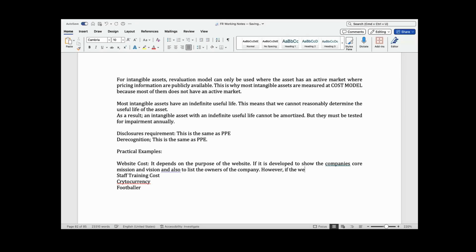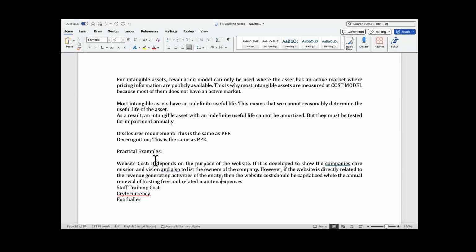if the website is directly related to the revenue generating activities of the entity, then the website costs should be capitalized, while the annual renewal of hosting fees and related maintenance expenses should be expensed. So you will find a lot of companies, they will say website, they will quickly